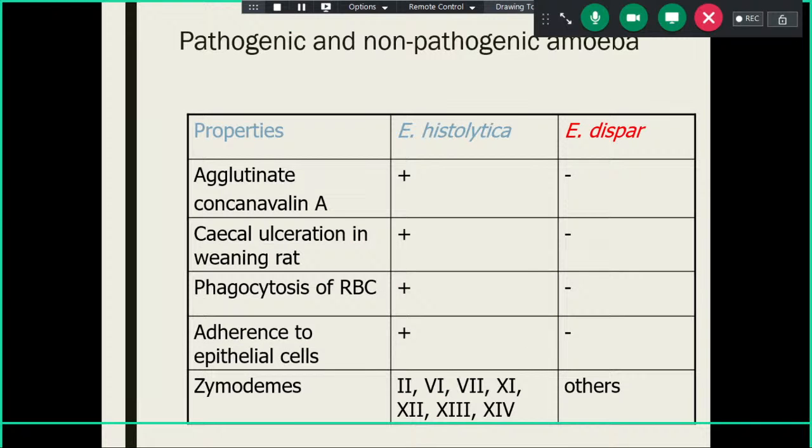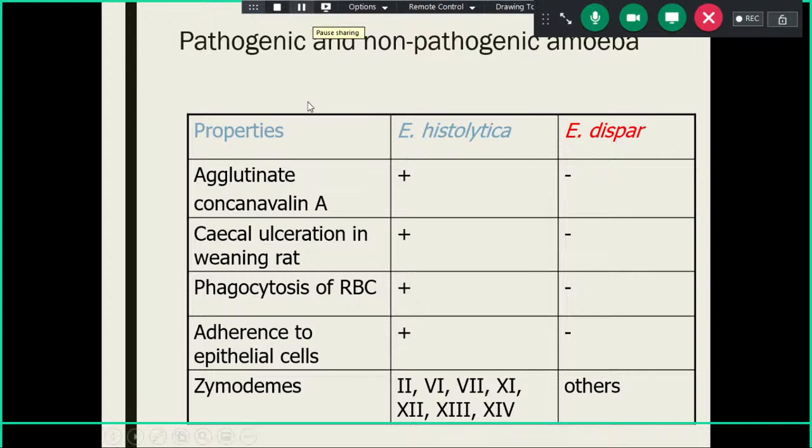Whenever you show your examiner a cyst or trophozoite of Entamoeba histolytica or Entamoeba dispar, I told you that microscopically they cannot be differentiated. One is pathogenic, the other is non-pathogenic. For one you give treatment, for the other you don't need treatment. If no treatment is needed because it is non-pathogenic, then what are the clinical signs and symptoms for which the patient has come to you? So many times you need to differentiate whether it is E histolytica or E dispar.